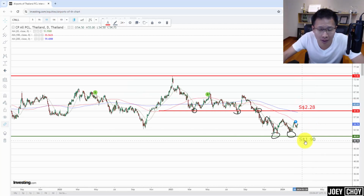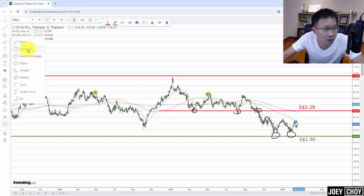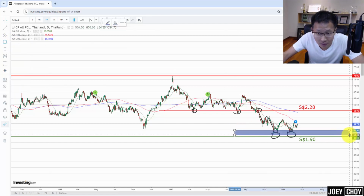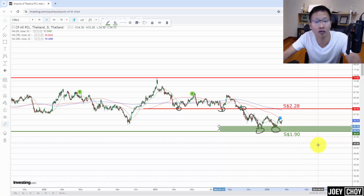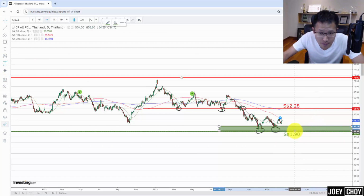So if we were to hold above that 50 Thai baht, I think it looks quite good. That is where a potential entry could be taken right over here, as it dips towards the 50 Thai baht, 52 Thai baht, and if you convert to Singapore dollars, as I mentioned, it's about 1.90. So 1.90, 1.92, 1.95, that's potentially where you could take a position on the SDR to ride a rebound, maybe